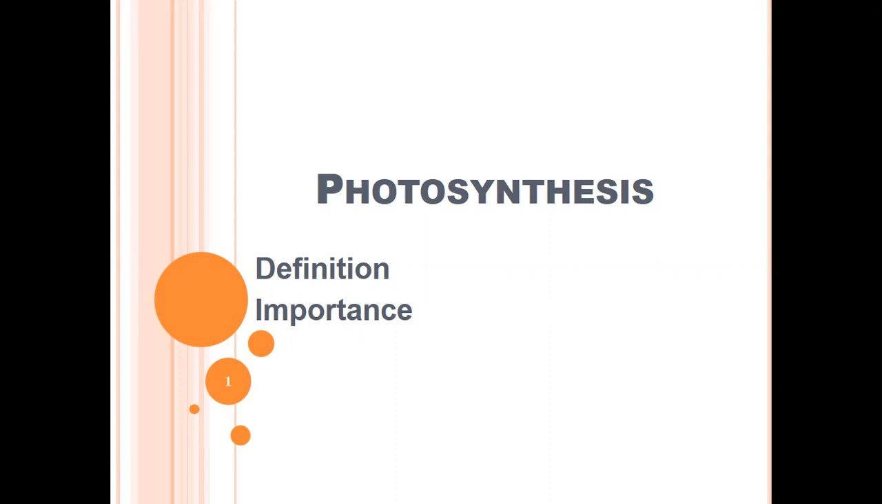Now, photosynthesis can simply be defined as the biological process used by plants to convert solar energy into chemical energy. You can also define it as a process whereby plants use light energy to convert inorganic substances such as carbon dioxide and water into complex organic compounds. The process of photosynthesis is very important for the continuity of life on the surface of the earth, because